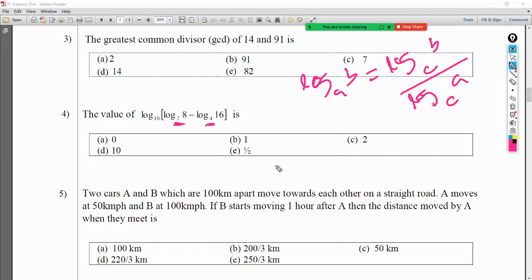So this is log 10, log 2 8 minus, I am taking that common base C as 2, so therefore log 2 16